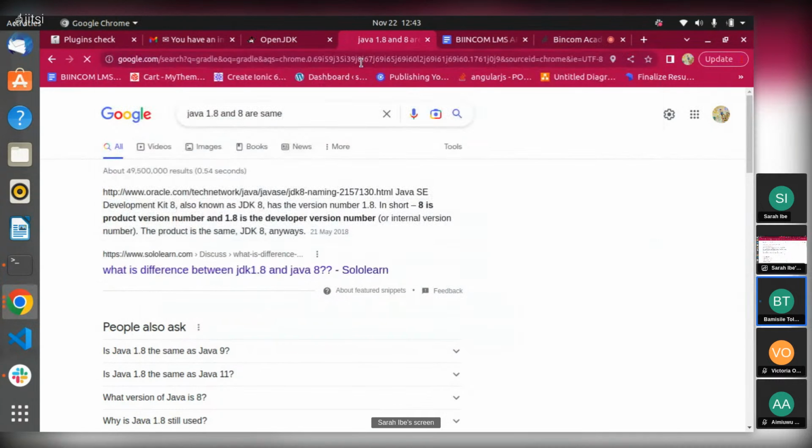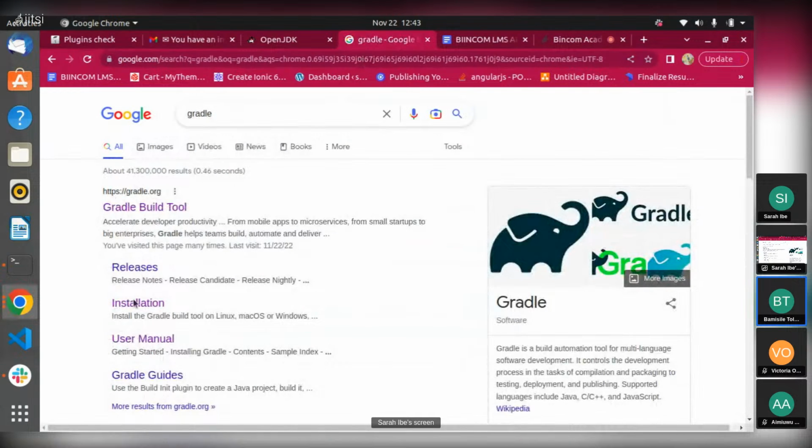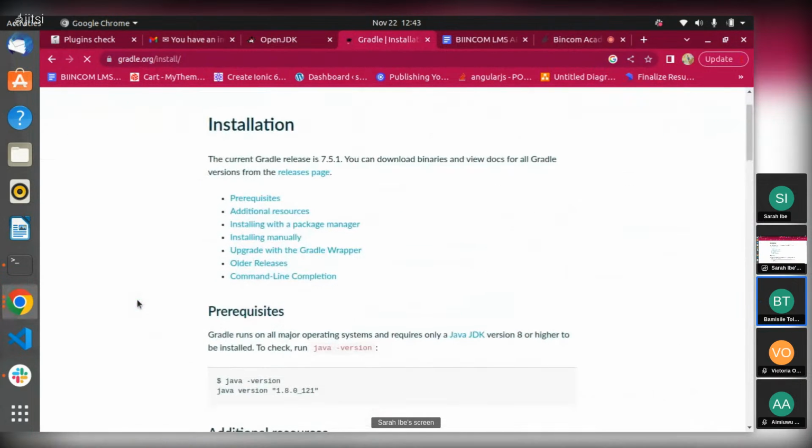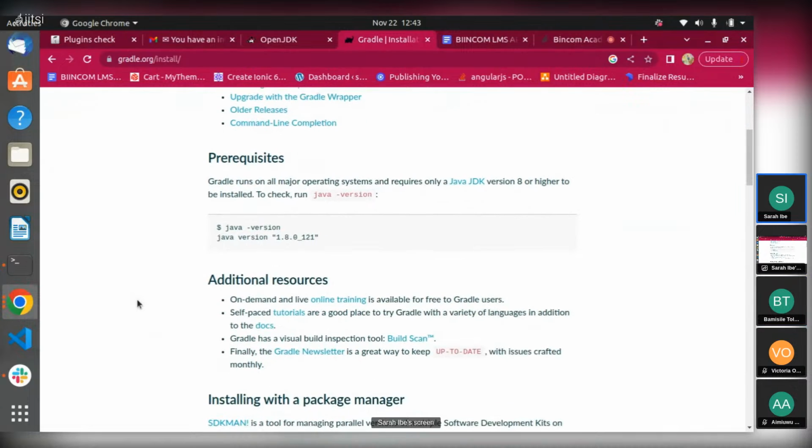So as you can see, the prerequisite runs on all major OS and requires only a Java JDK version 8. So you'd see Cordova works with version 8, Gradle works with version 8 as well. So you have no choice than to download JDK version 8.